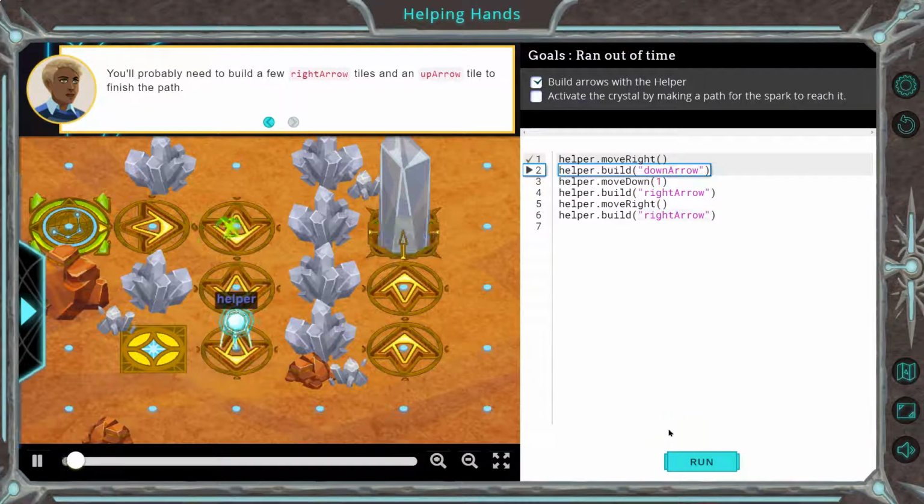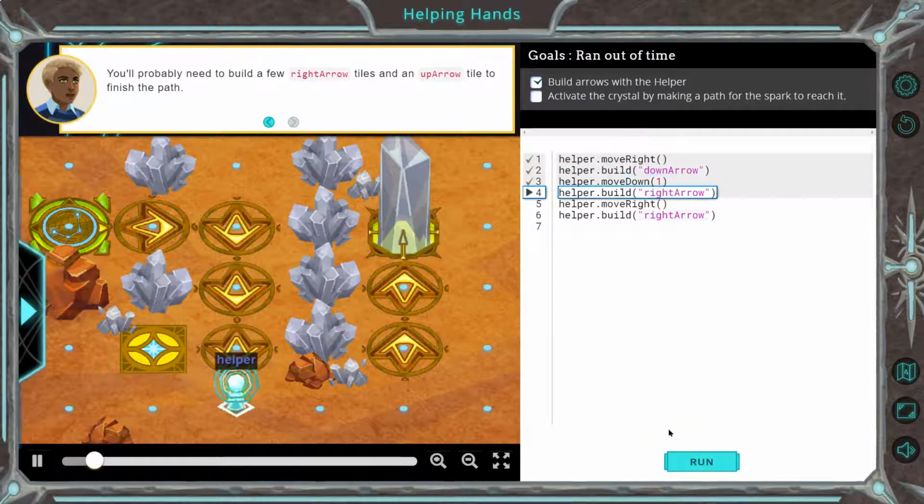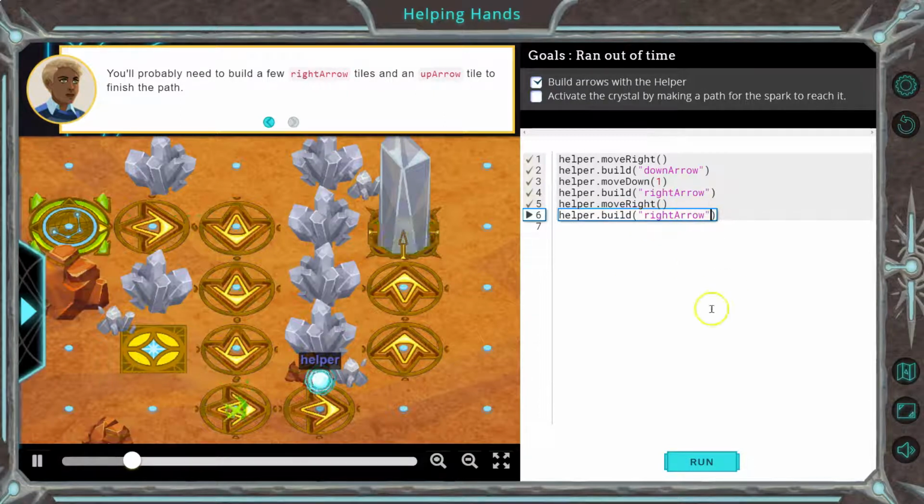You should test code a billion times, because it's so much easier to find your errors early rather than when you have 19 lines and there's a tiny error up here. Okay, so far so good. Now which way do we want it to go? That way. All right, so